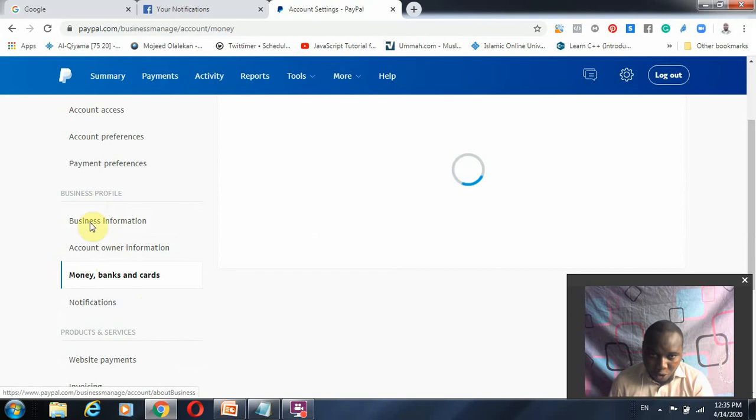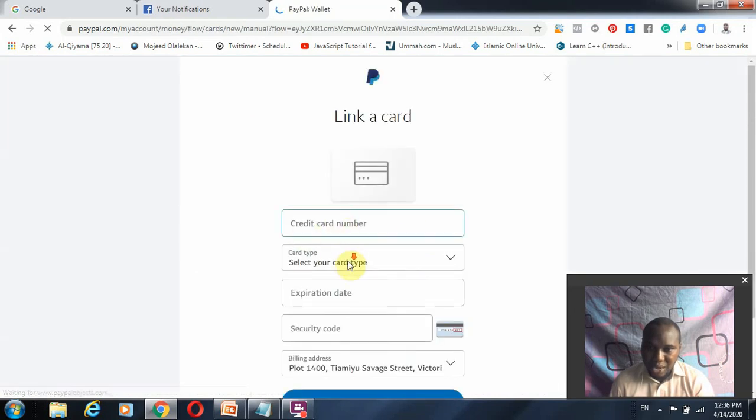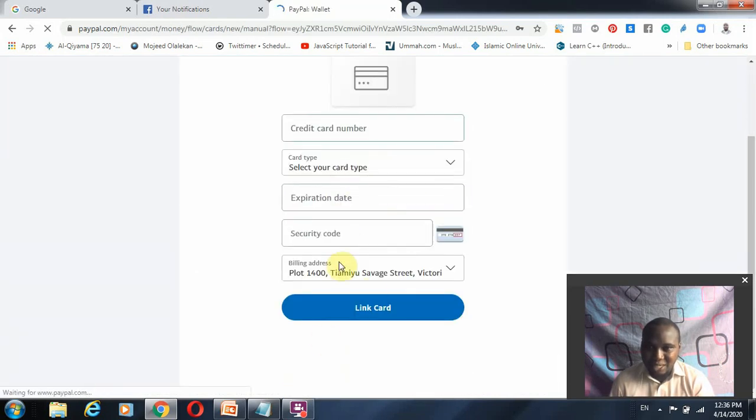Of course, you have to fill in all your business account profile. So the next thing you need to do is to add a new card. Just click add a new card, and you enter your card details, and you link the card.